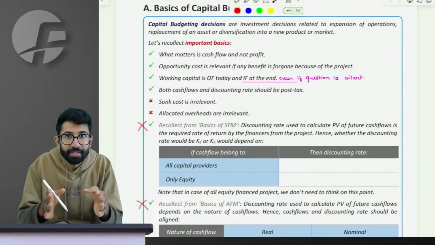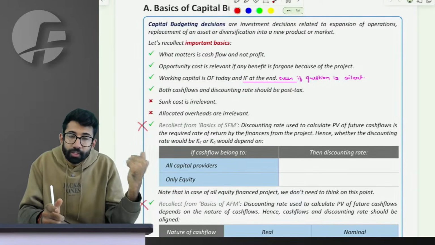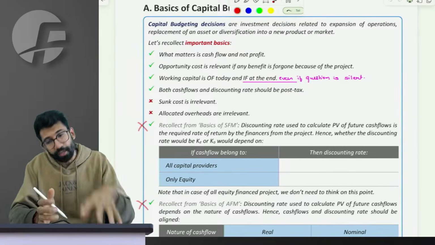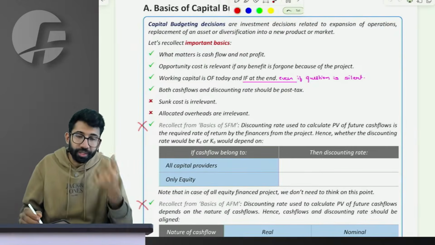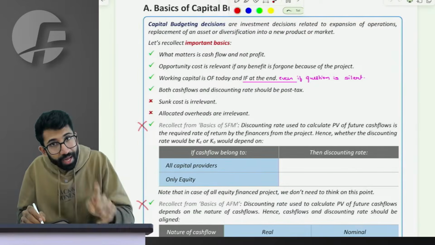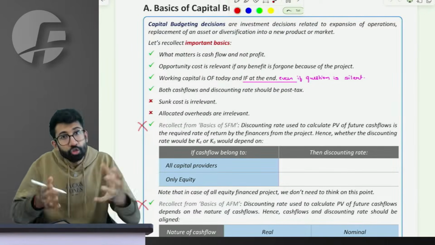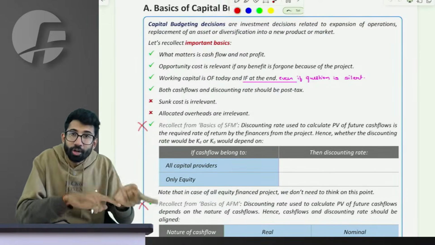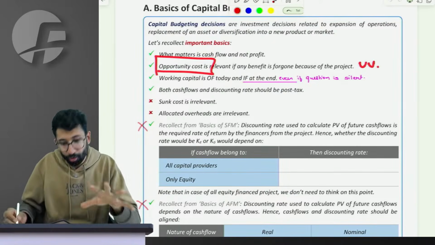If I use that premise, then I won't be able to give my own premise on rent to someone, which is why I won't be able to earn that rent on the premise if I start to use it. Do you agree that from my pocket there is no outflow if I use my premise, correct? But sir, is there a loss of inflow which will happen if I establish a factory in my own premise? Yes, I will lose that rental. So not earning an income is also a cost. Not having an inflow is also an outflow, is the concept of opportunity cost I wanted to give you.